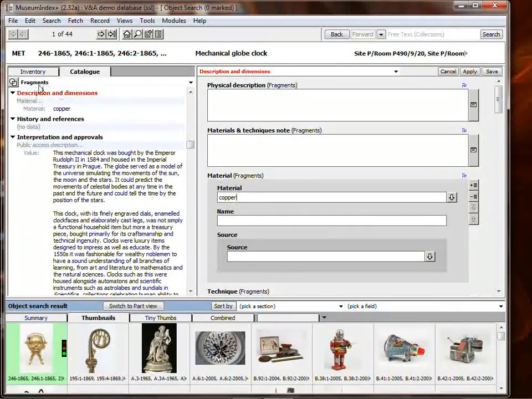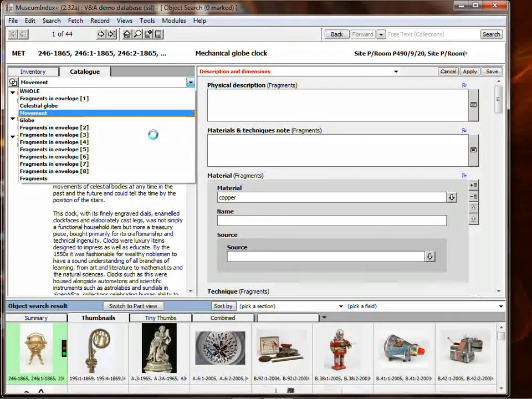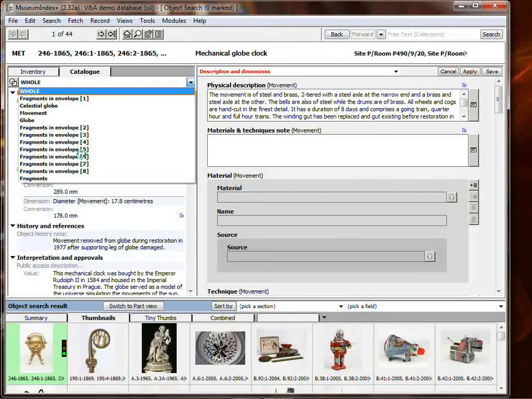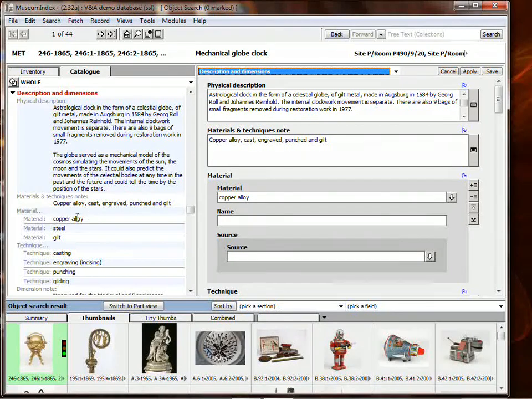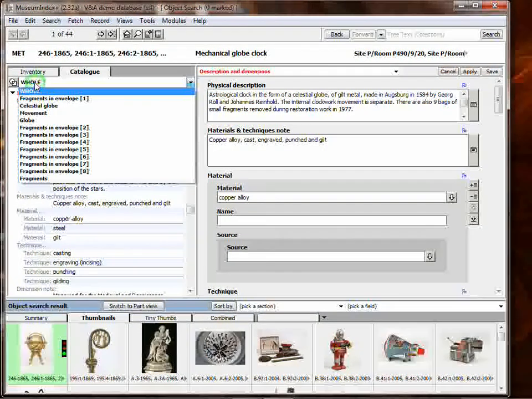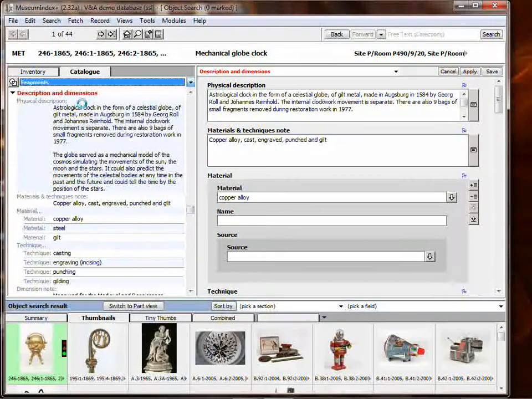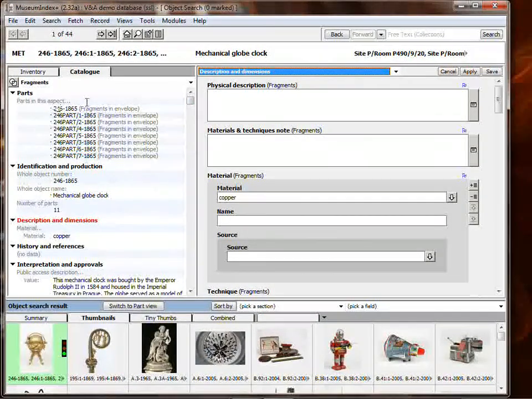And now what I've got is some additional cataloging for the fragments. So there's copper in the fragments. If we go back to the movement, we can see that there's no particular materials specific to the movement. And if I look at the whole object, it is largely copper alloy, steel, and gilt. So this relationship between the aspects, and if I just scroll back up to this parts section, the parts in the aspect, it's quite powerful, because